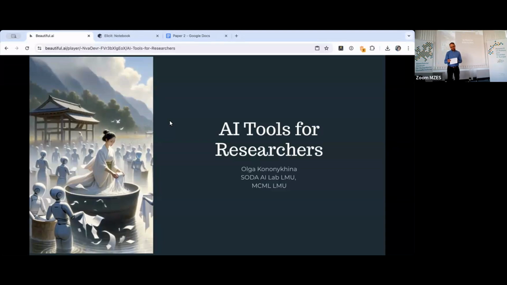In this workshop today, Olga will walk you through the different stages of the research process and introduce existing AI tools that can assist you in tasks such as formulating your research questions, finding relevant literature, analyzing data, and proofreading